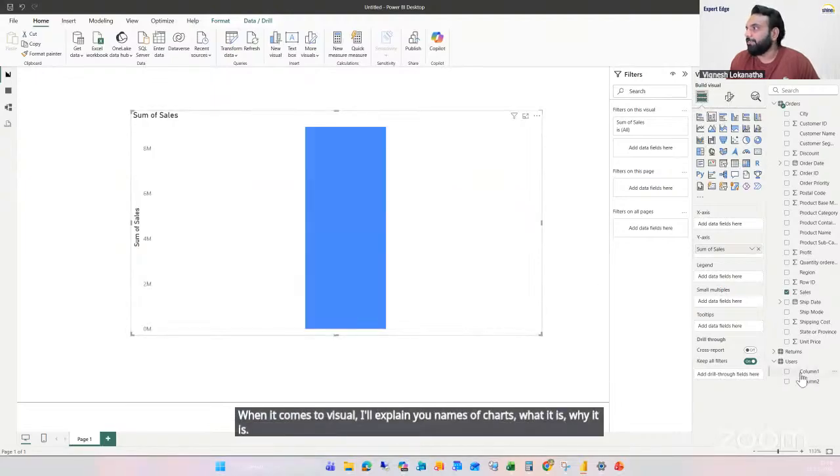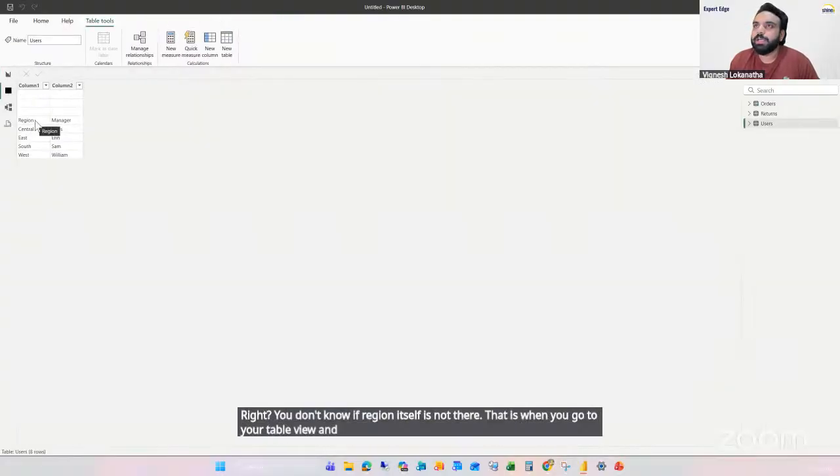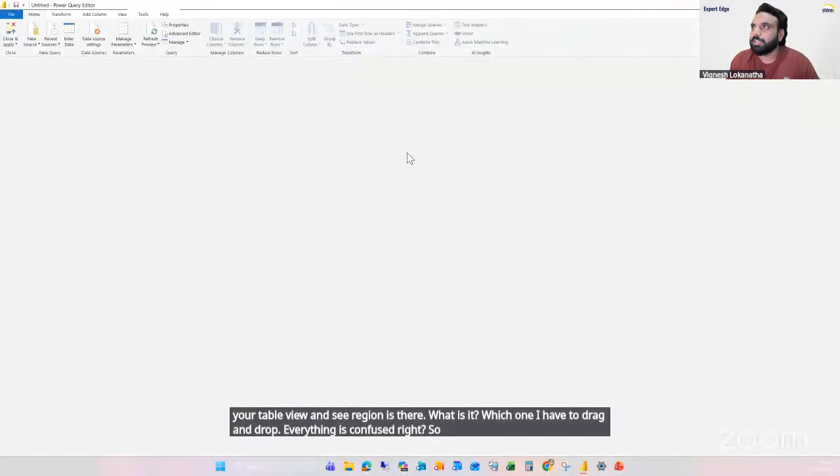Next, if you see the columns, you don't have proper column names. Column one, column two is there, right? You don't know; region itself is not there. That is when you go to your table view and see region is there. Which one do I have to drag and drop? Everything is confusing, right? So when you go to transformation,